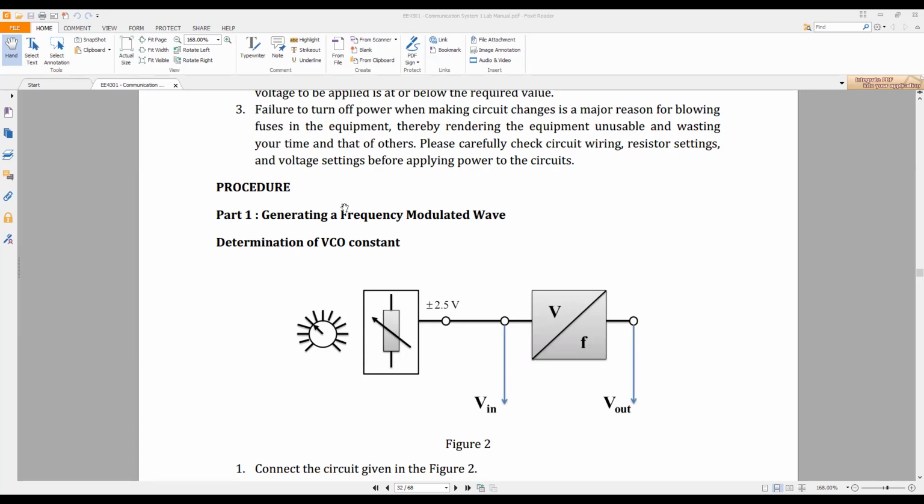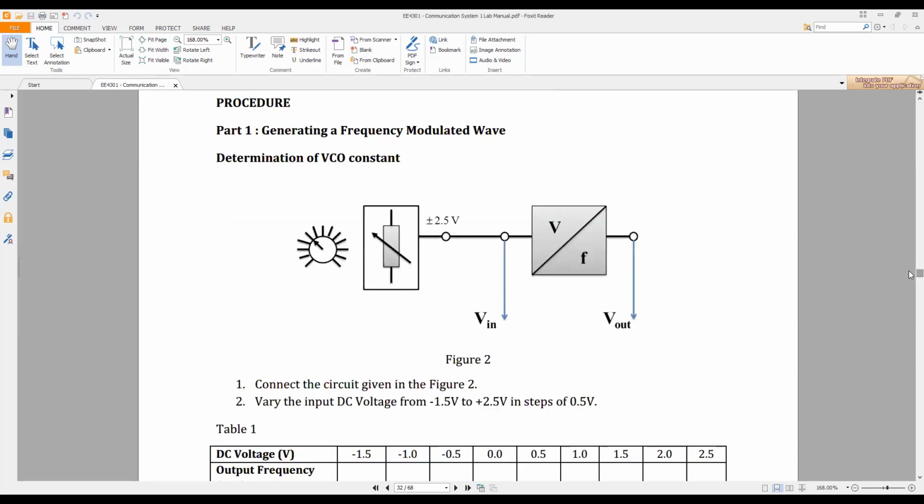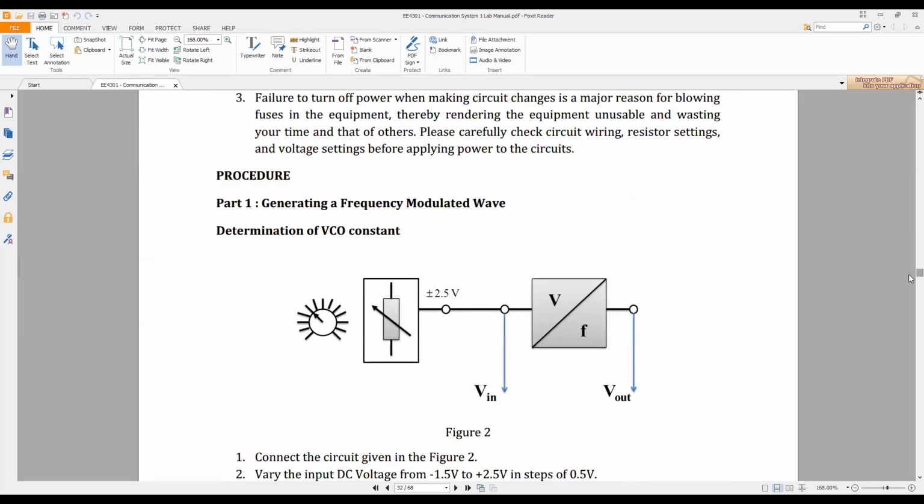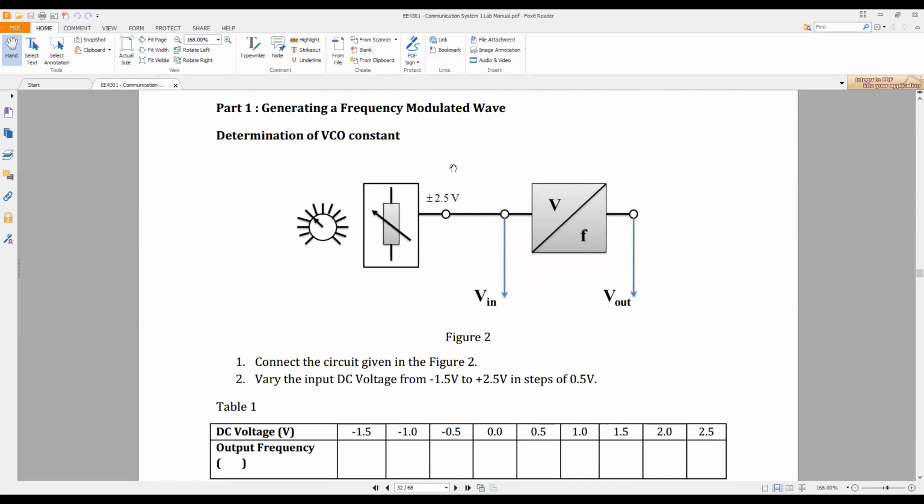Okay, now let's start the practical again. In procedure part 1, you have to generate a frequency modulated wave and determine the VCO constant. In this section you have to see how to generate a frequency modulated wave and to determine the VCO constant. This is the circuit you have to implement in the modulation board, and here